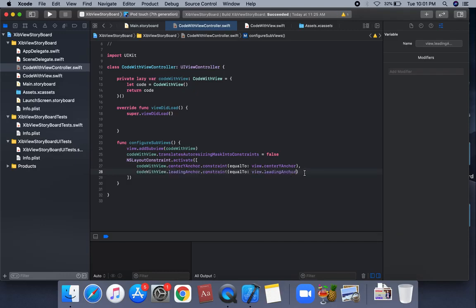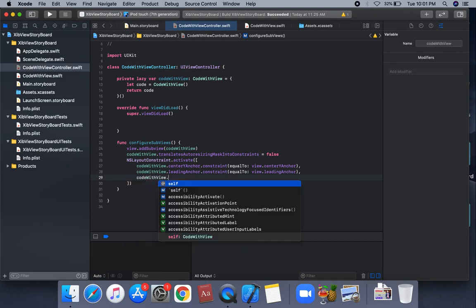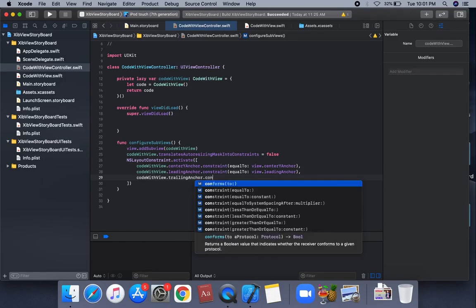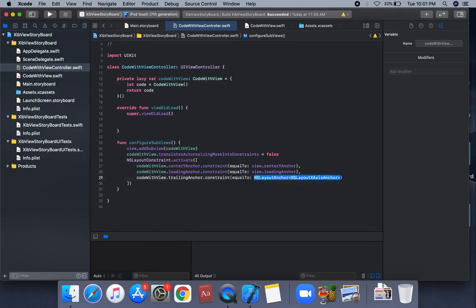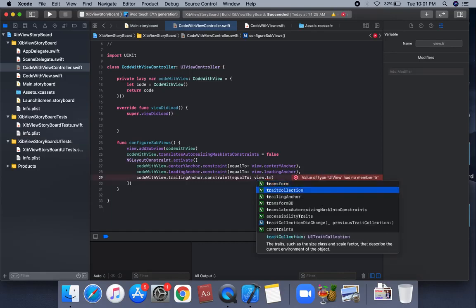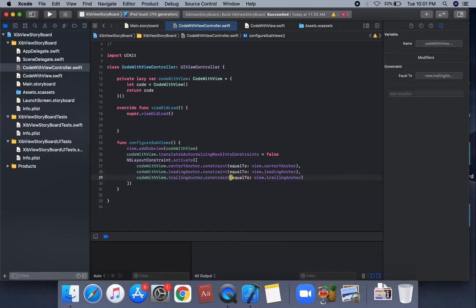Leading anchor, and we're gonna apply this trailing anchor. So codeWithView.trailingAnchor.constraint equal to view.trailingAnchor. Trailing anchor, and we're gonna apply this height constraint.